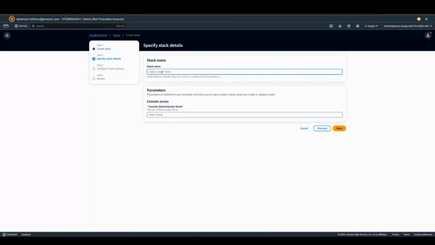Then you're going to enter a stack name. You can just do IoT-device-sim or simulator, whatever, it doesn't really matter. And then here, it requires an administrator email. So I would just recommend using your regular Gmail. Not really important. I'm not going to put mine here for privacy reasons, but then you click next, and then